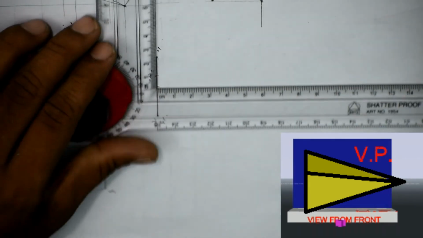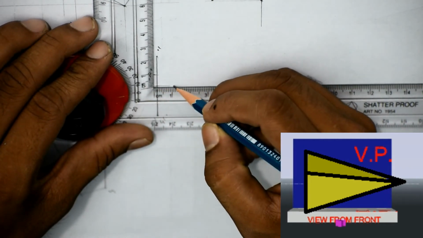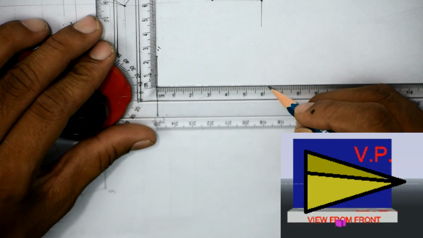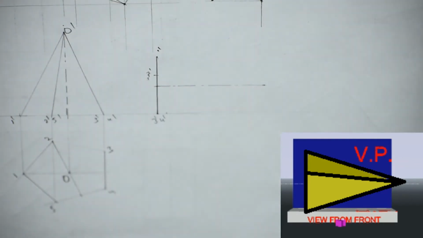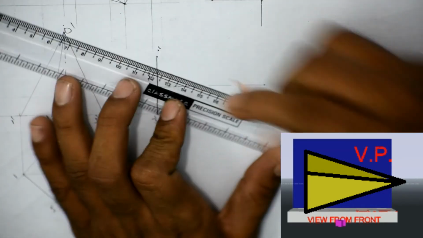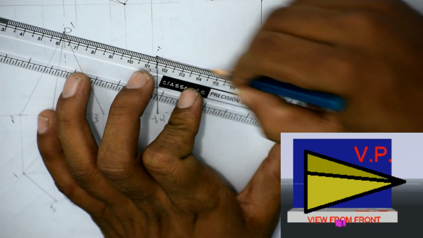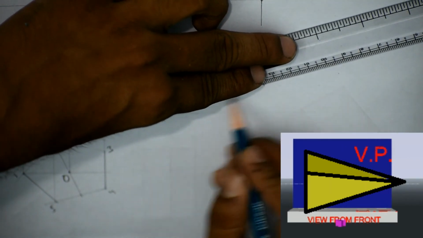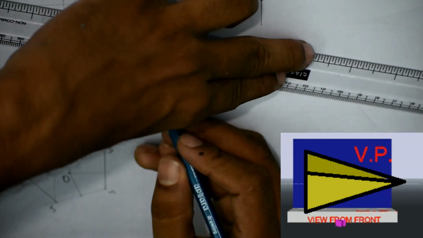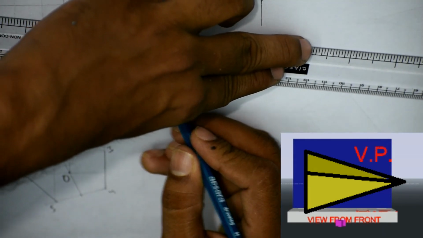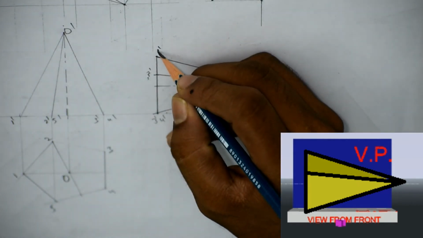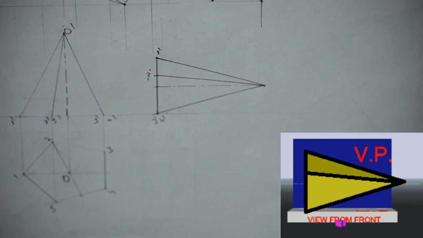So first I will draw the axis line, which is 60 mm. Then it will become very easy. You just need to join the corners with the axis line, and this completes our front view, which is actually parallel to the horizontal plane.